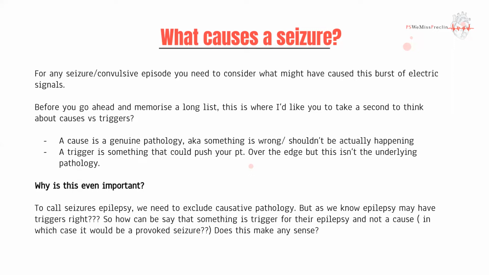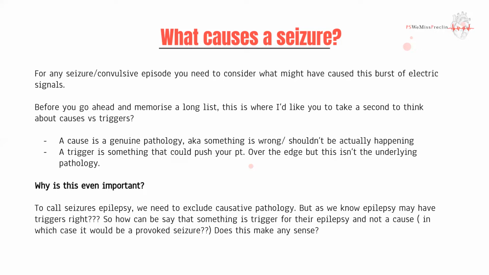But then you go ahead and you read about epilepsy and you read about the various triggers of epilepsy, right? Sleep disturbances, stress, issues with sleep, genetic, hormonal, endocrine. And then you think to yourself, well, aren't they causes? And how does that fit in? Because we just said that for something to be epilepsy, you should not have a cause. But then we are here saying that things like sleep put you at a risk. So what's going on there?